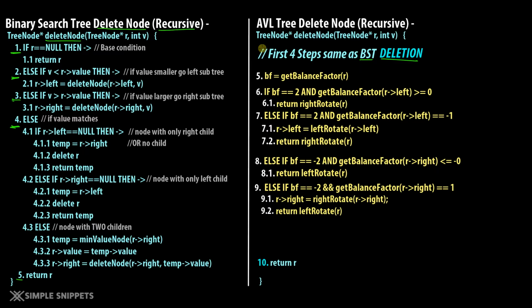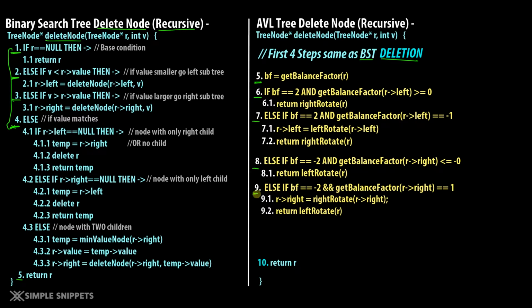And to keep that always balanced property, every time you delete a node, we have to check whether the tree has become imbalanced or not. And hence, we have these steps number 5, 6, 7, 8 and 9 extra along with these first 4 steps of the binary search tree. In the comments you can see I've written first 4 steps same as binary search tree deletion. So these first 4 steps are going to be as they are, and after that you have step number 5, 6,